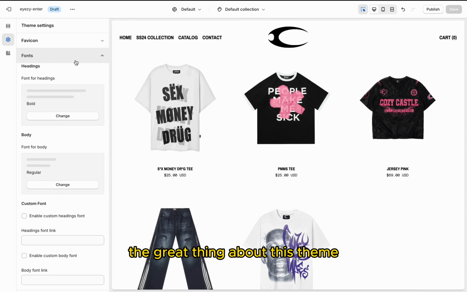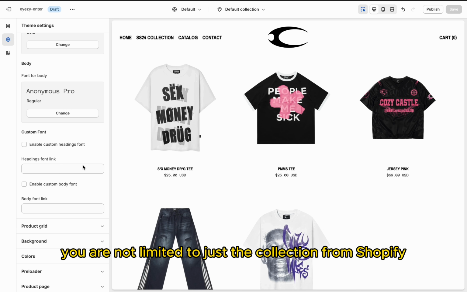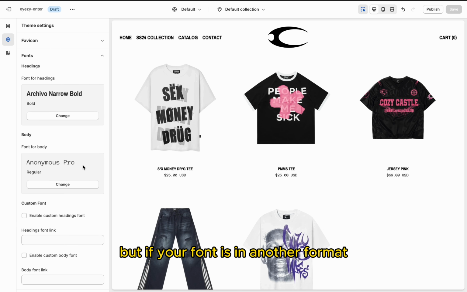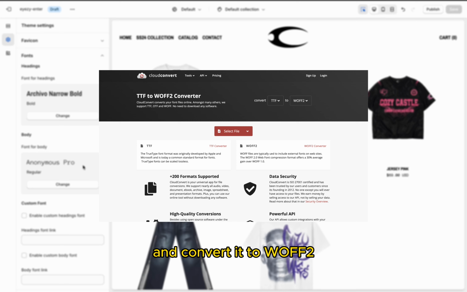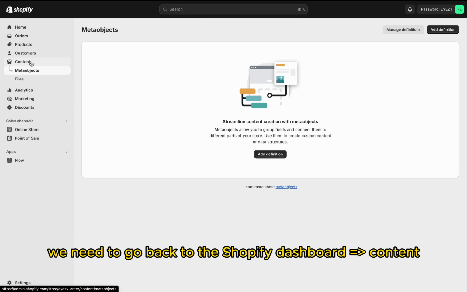The great thing about this theme is the selection of fonts. You are not limited to just the collection from Shopify. You can upload any font in WOFF2 format. But if your font is in another format, for example TTF, then you can use the Cloud Convert service and convert it to WOFF2. In order to upload a font to Shopify, we need to go back to the Shopify dashboard,